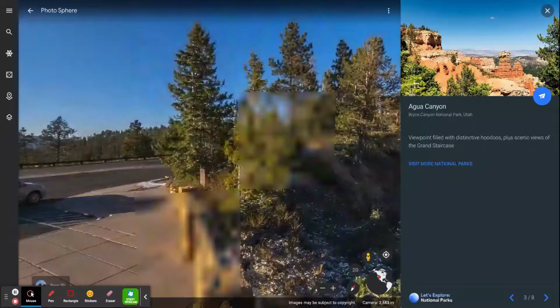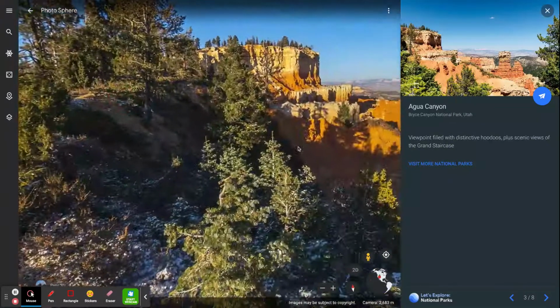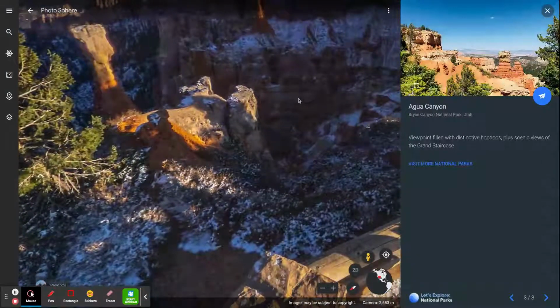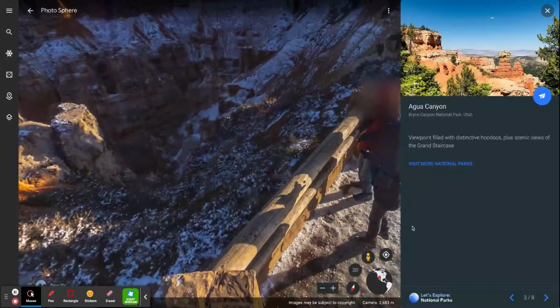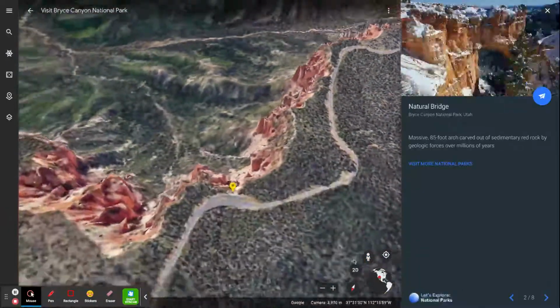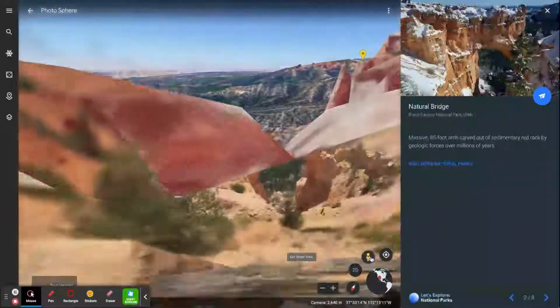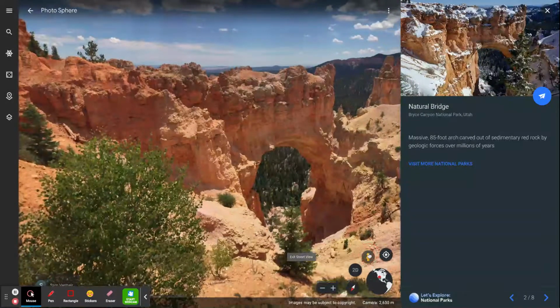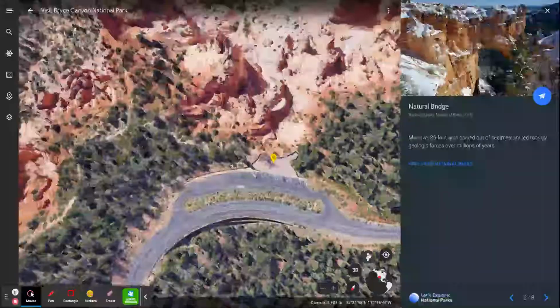I can get a slightly different view. So I can kind of move around and see it from a slightly different vantage point than we were just looking at. If I go back to the one we were just looking at, we were at that nature bridge. And instead of wanting to go ahead and look at this, which is the street view, if I go ahead and I click this,